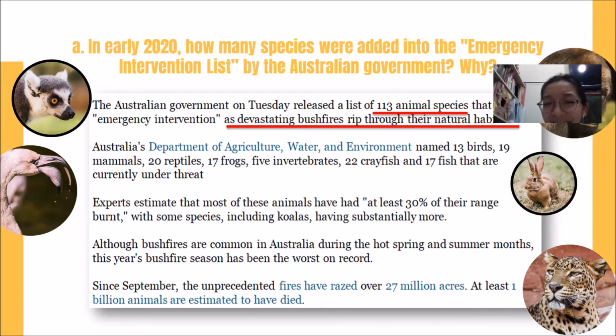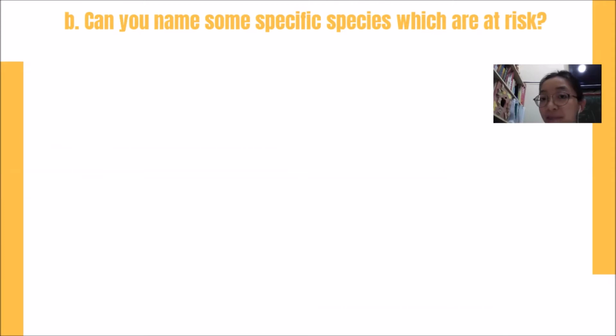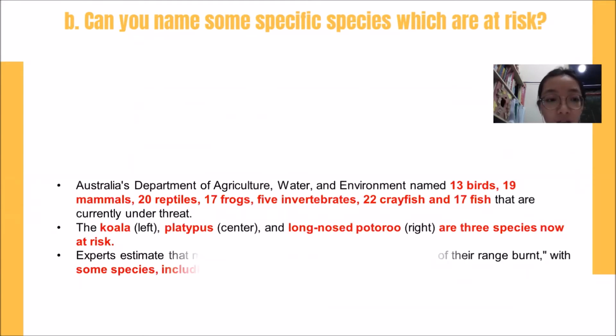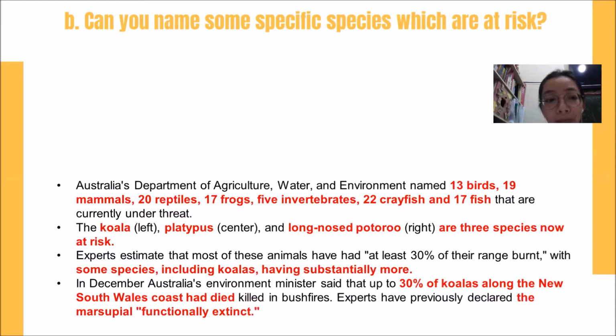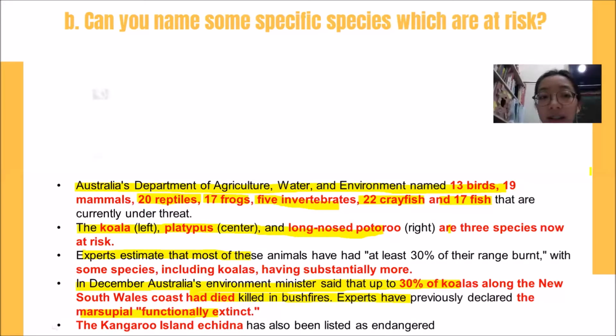Thank you, great answer. And the next question is, can you name some specific species, animals, any names that you know that you can read from this article, which are at risk, highly vulnerable? So Lynn, can you give me the answer? I'm gonna give you some hints. They are koala, platypus, long-nosed